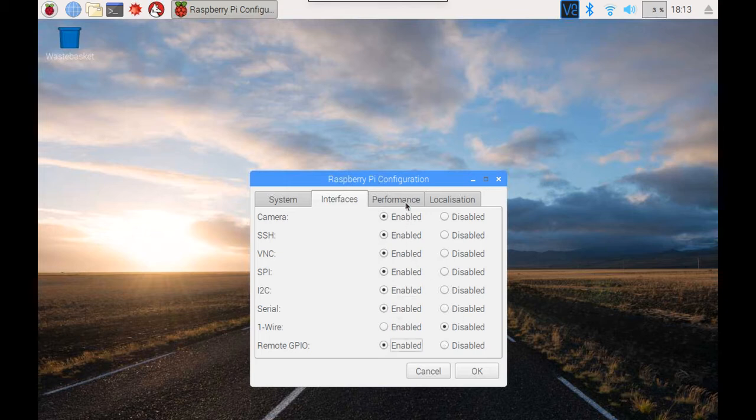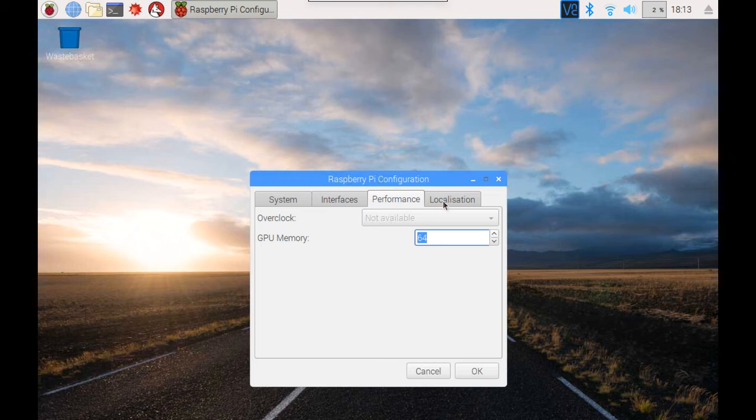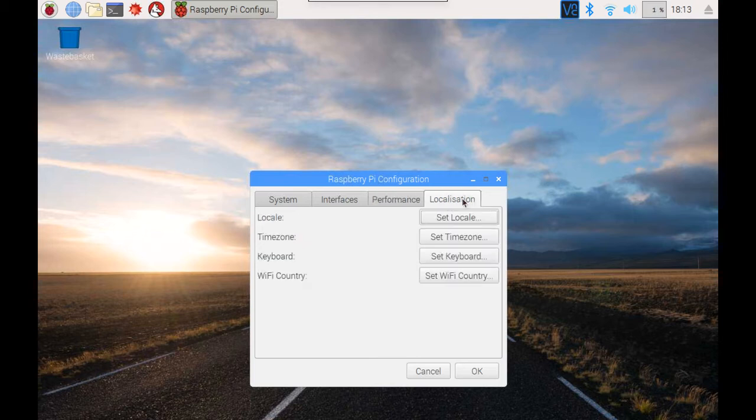Okay, and once that's done, let's go ahead and click on Localization Performance. We're going to talk about that a little later on, but let's go ahead and click on Localization Set Locale, and essentially this is where we can set, based on your language and your keyboard preferences and your environment and so on, we'd want to set these settings so that they're pertinent to you and can make you more productive on your Raspberry Pi. So go ahead and click on Set Locale,